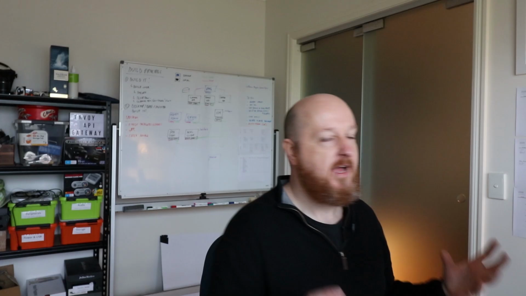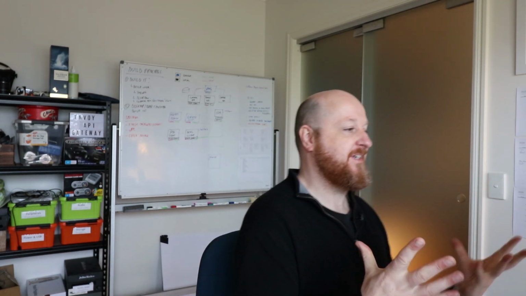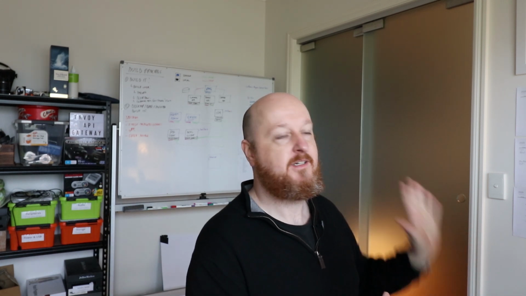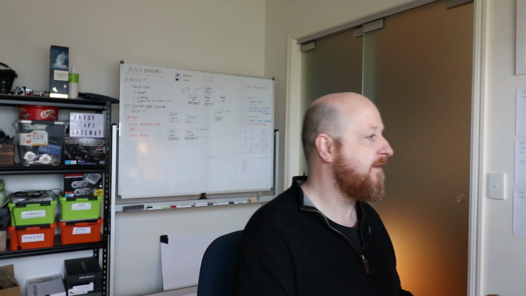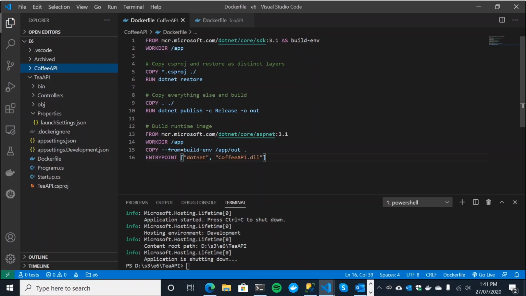That looks good. Now, it's in my nature to want to explain this Dockerfile. I really want to explain it to you, but I'm not going to. I'm going to resist. If you don't understand what a Dockerfile is doing, go and check out my other video. I'm going to be tough on you today. All right. So we have our two Dockerfiles, now we're ready to theoretically build these into images.